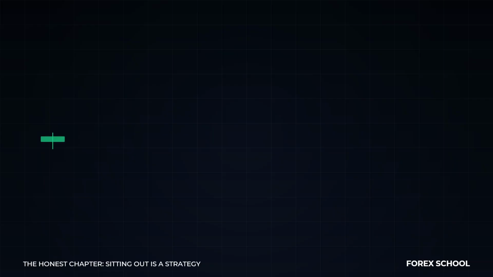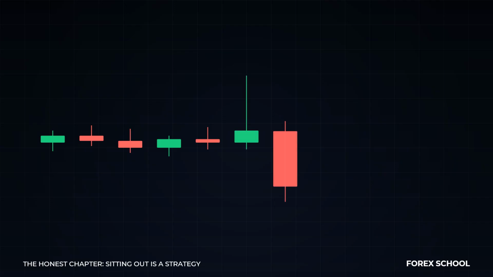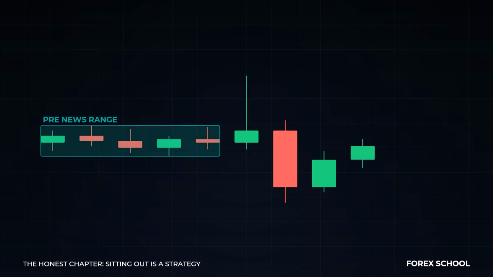And here is the chart that funds the industry, the whipsaw. Before the release, 5 candles hold a tidy range, ceiling 127.98, floor 127.62, drawn as the box. The number lands. First candle, a violent spike to 128.56. Every stop above the range is taken, every breakout buyer is filled at the top, then it closes back inside at 127.92.